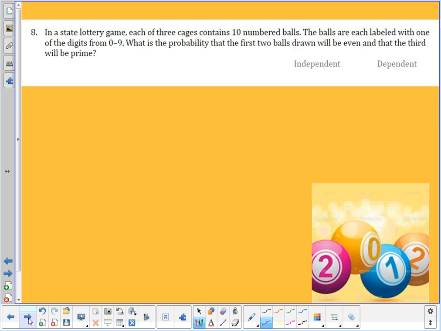Number 8, in a state lottery game, each of the 3 cages contains 10 number balls. The balls are each labeled with one of the digits from 0 to 9. What's the probability that the first 2 will be even, and that the third will be prime? So 3 that we're picking out here, we want an even, and a prime. Okay? Now, when I go back and look at the successes and totals for each of these, there's 3 different cages. So when I take 1 out of the first cage, I haven't touched the second cage at all. So these events are actually going to be independent of each other because one does not affect the other because